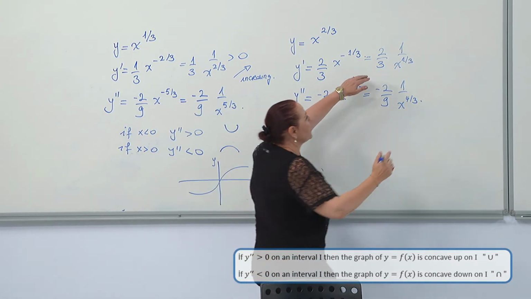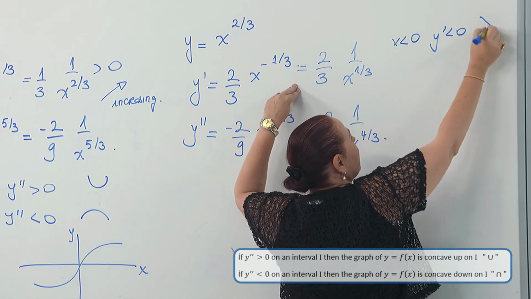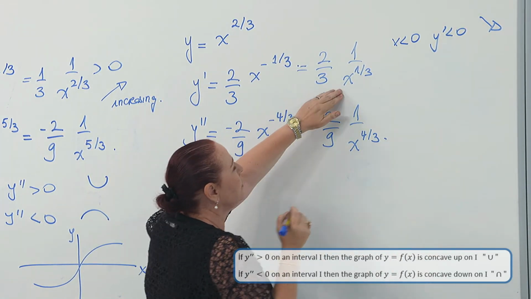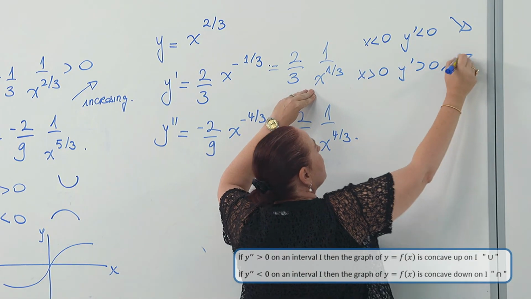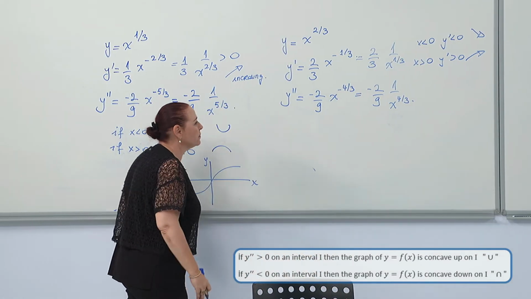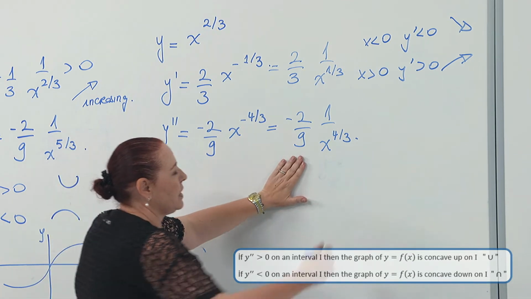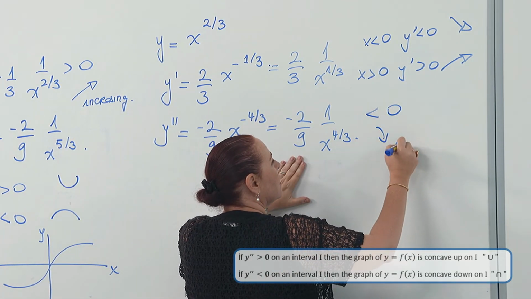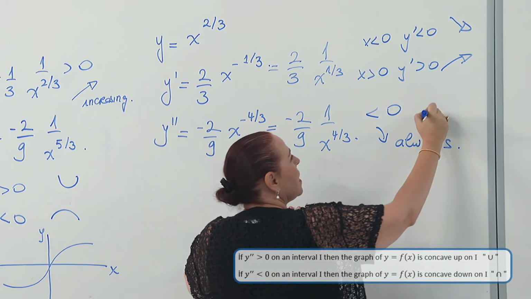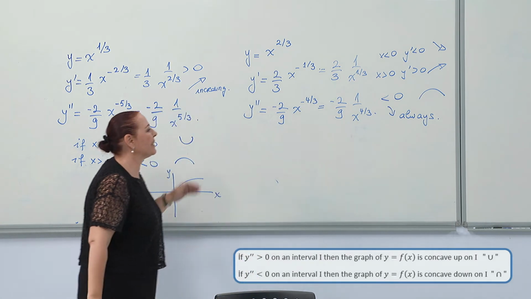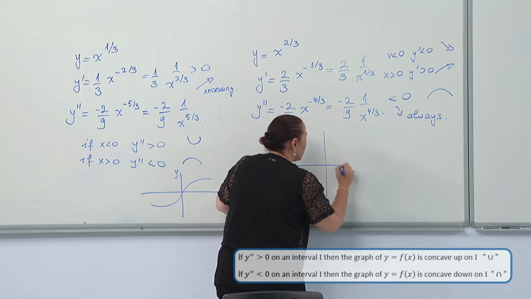So from the first derivative, if x is negative, the first derivative is negative, so it's decreasing. If x is positive, the first derivative is positive, so it's an increasing function. But when you look at the second derivative, the sign doesn't change. It is always negative, which means it's always concave down. So although the concavity doesn't change,